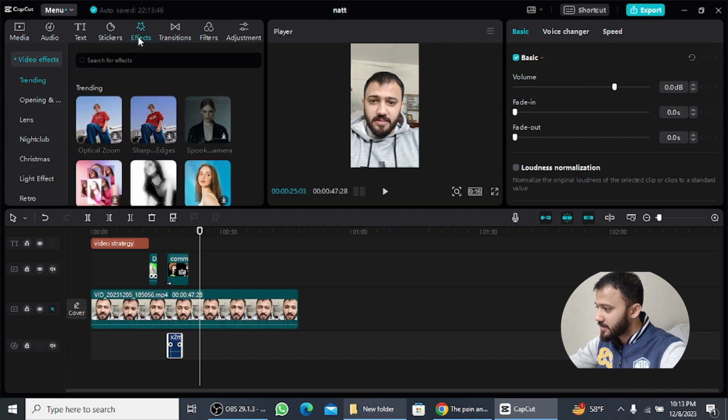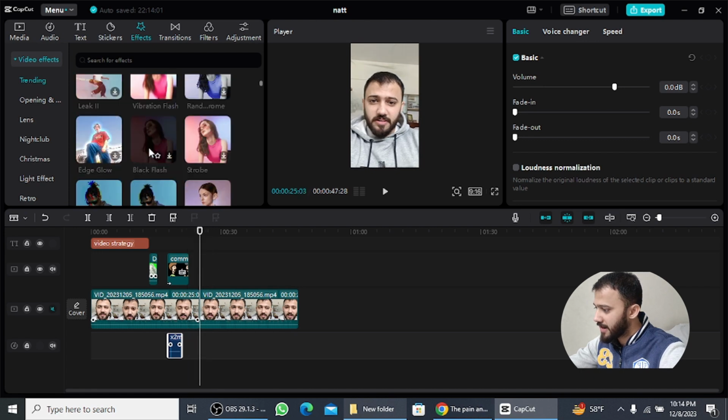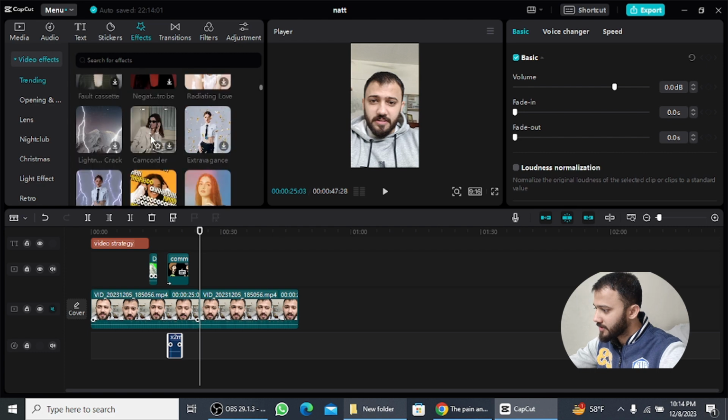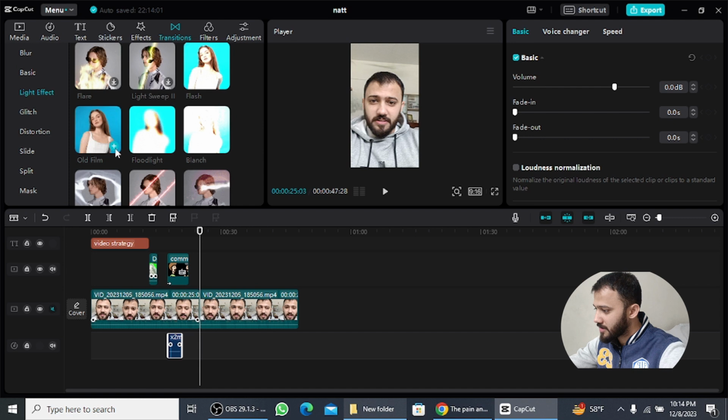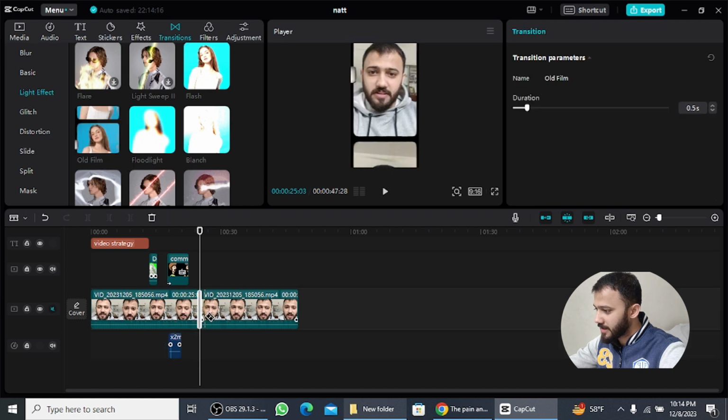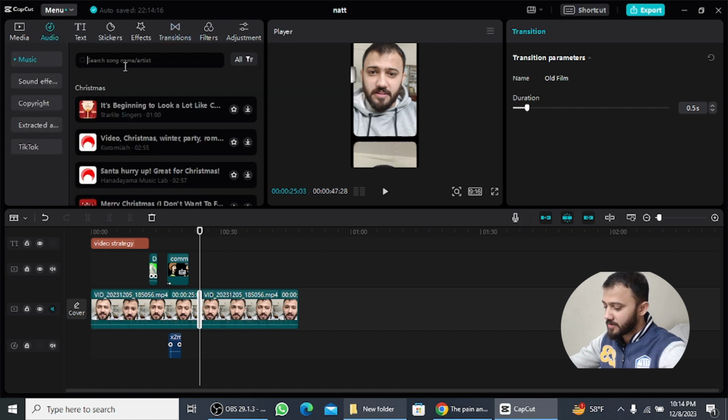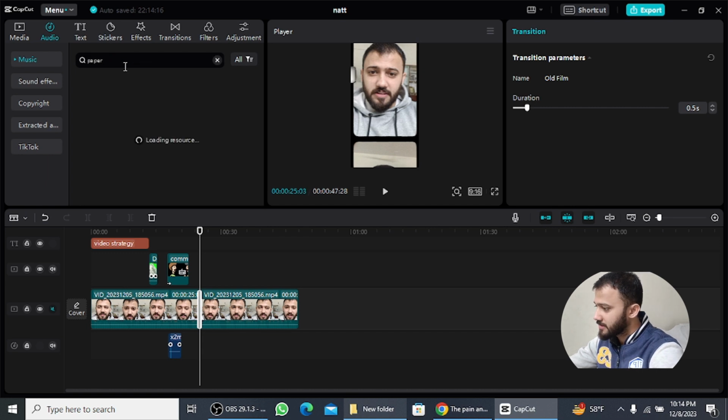For that, first, what you need to do is you need to have a space between two videos, and then add the page film effect to your video. Sorry, page film, not transition. Page film transition, and you have to click it, and just like that, it will be added. And to make it more real, you need to add sounds. For that, you can just search for paper sound effect,